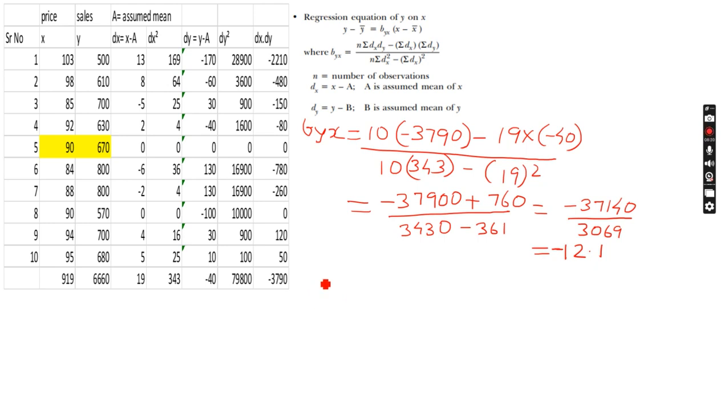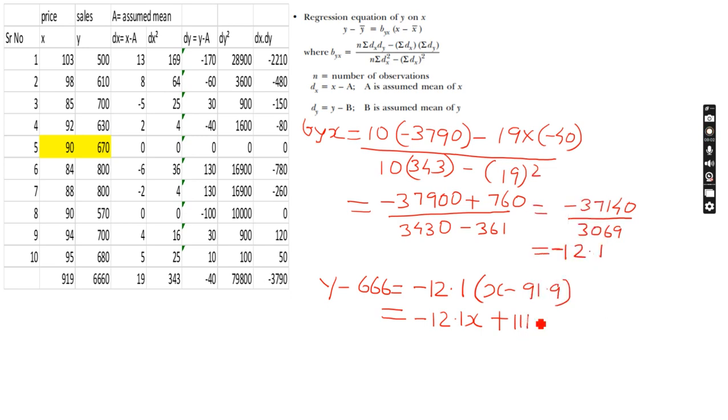Now I will go ahead and calculate the equation. So the equation is, if you see here, look at my cursor, y minus y bar equals byx times x minus x bar. Let's write here y. How much was y bar? It was 666, equal to minus 12.1 multiplied by x minus 91.9. Let's open this here. So minus 12.1 into x is minus 12.1x, and minus 12.1 into minus 91.9 would be a positive number,